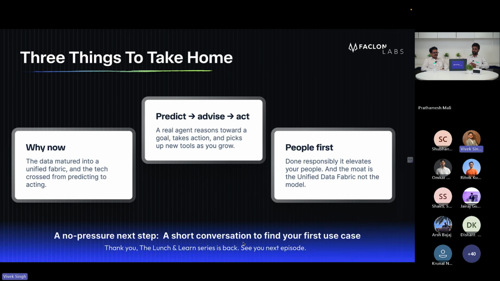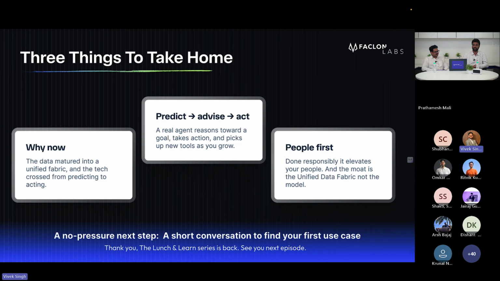So okay, we have the 3 things to take home slide. I guess what we discussed, everyone, is why the hype around AI agents has come, and for that, mainly, the reason is that we have started organizing. Plant teams have become mature around how to organize their data. The reasoning capabilities of LLMs improved quite a lot, and the concept of MCPs has gained immense popularity, and it helps to scale AI agents and the capabilities they have.